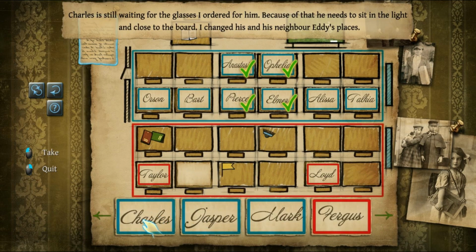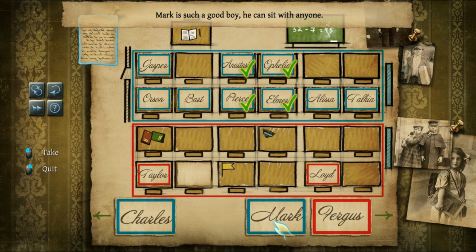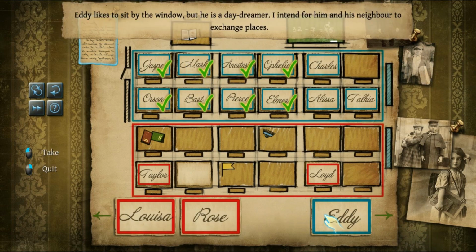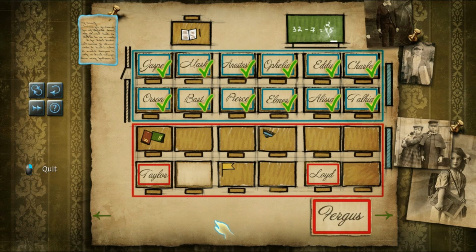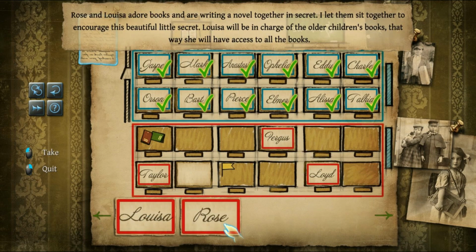Charles is still waiting for the glasses I ordered him. Because of that, he needs to sit in the light and close to the board. Changed his and his neighbour Eddie's places. Little Jasper's off to set him close to the kitchen. Mark is such a good boy, he can sit with anyone. I just think Charles is there because then he's right there. Likes to sit by the window, so there we go, that's that. Right, Fergus. Blackboard cleaning. Okay,